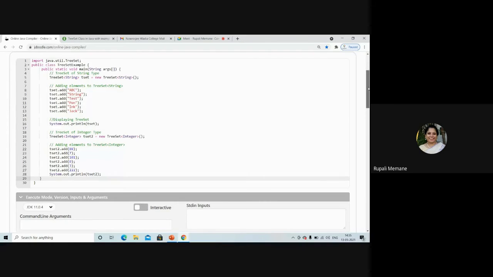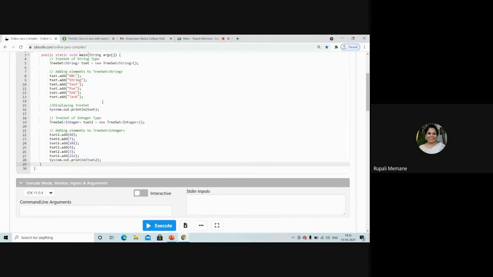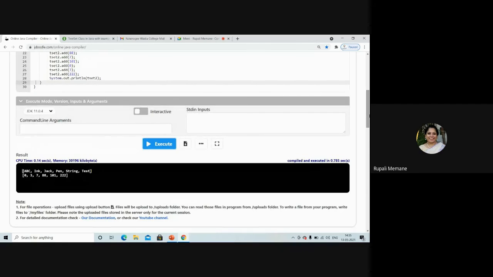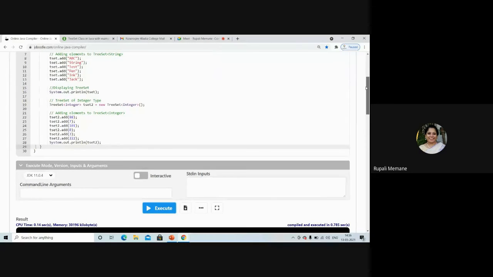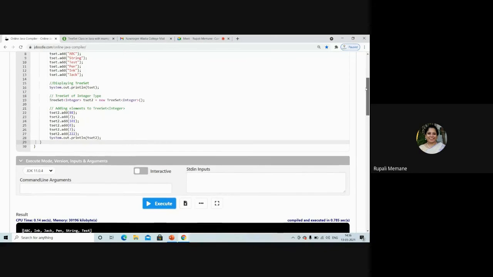Right, now let us check it out. After inserting, they have printed the tset. The tree set will automatically sort it. In the same way, the numbers will automatically be sorted. Look at the elements when you display. We first put ABC, then string, test, pen, ink, and jack.